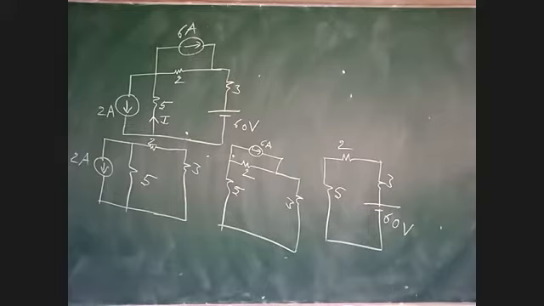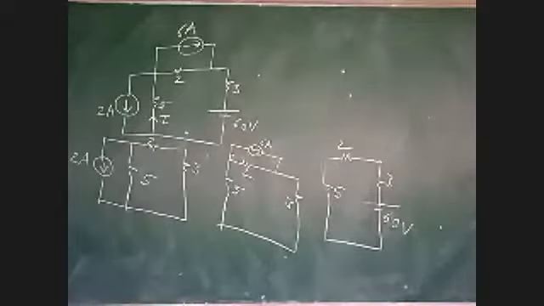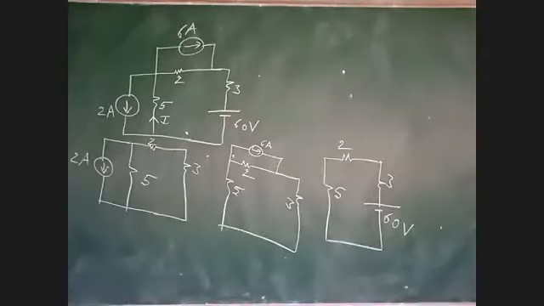So in the first circuit, we have to determine the current in 5 ohms. Which method is easy to apply? Node analysis or current divider rule? Node analysis or current divider rule, if you apply within one step, you will get the answer in 5 ohms. See here. If a current source is there, generally apply the current divider.